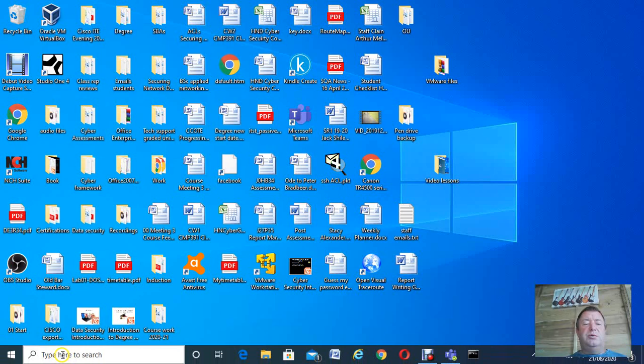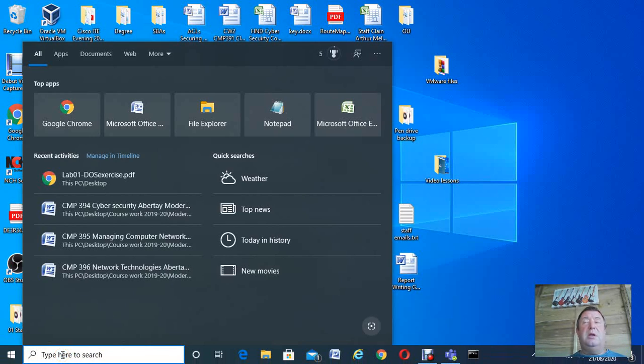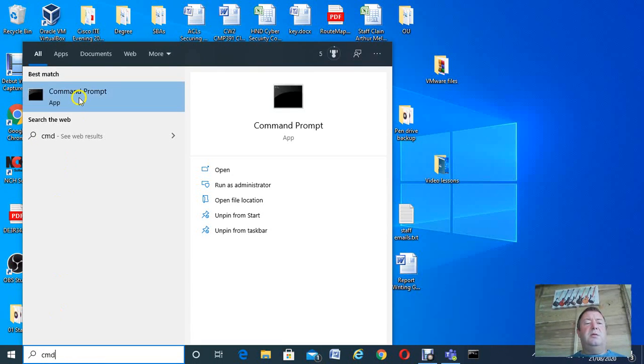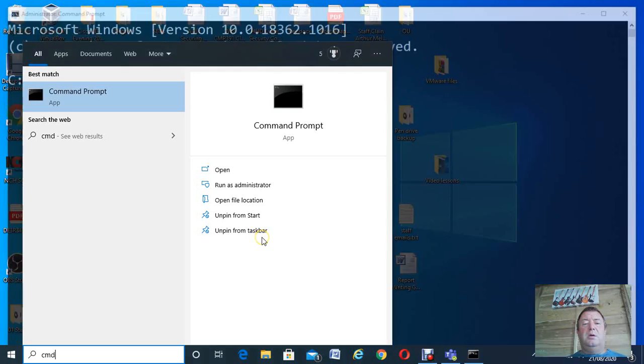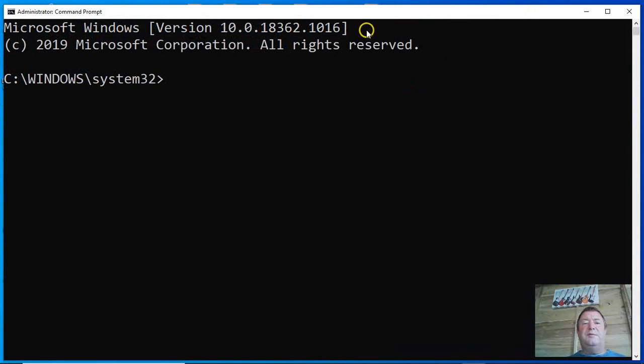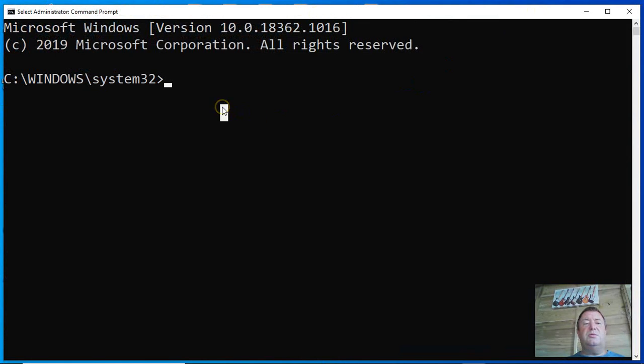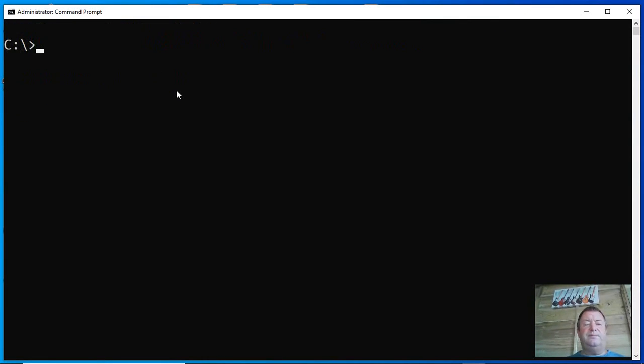In this lesson I'm going to show you how to use the network commands from the command prompt. If you go to the search bar, type in CMD and then right click on the command prompt and run. You can get it from accessories as well and just run that. Now I've changed the font by right clicking on this bar, properties, and changed the font so it's easy for you to see. First of all, I'm going to cd / to the root and CLS for clearing the screen,